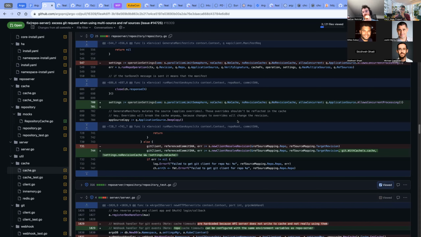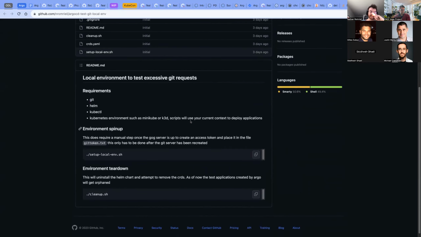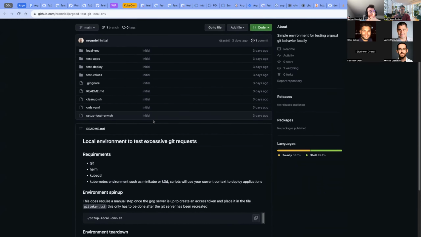Yeah, so I actually set up a whole local environment for this. I can share my repo for it. I can't guarantee that the script will work for everyone because I just did it on my local, but basically I set up a local Kubernetes cluster with a Gogs Git server and a custom Argo CD image that I was building from my branch.